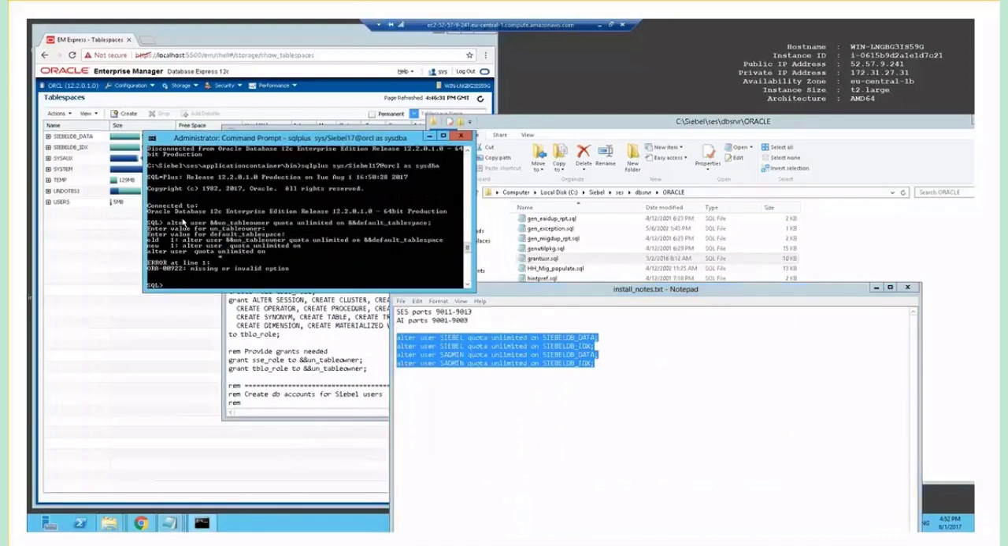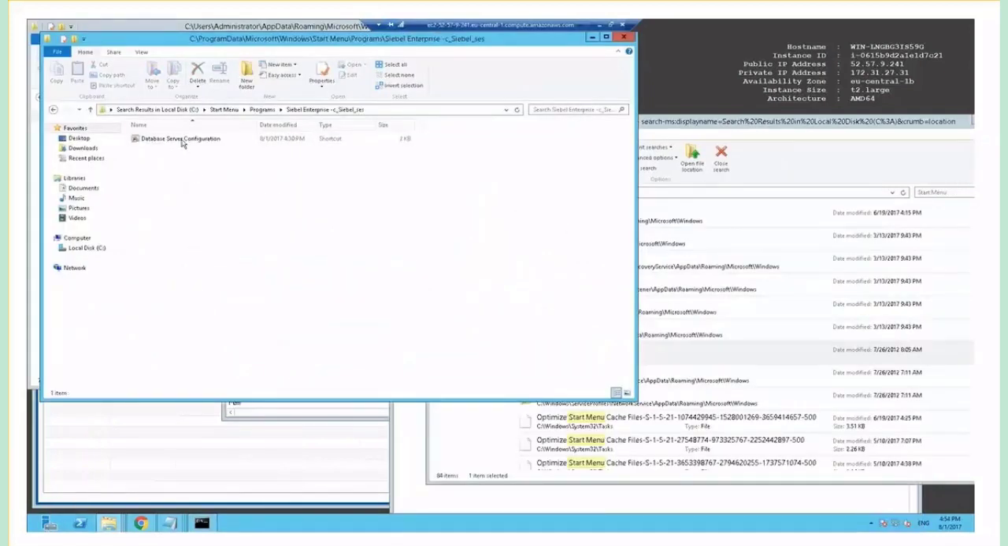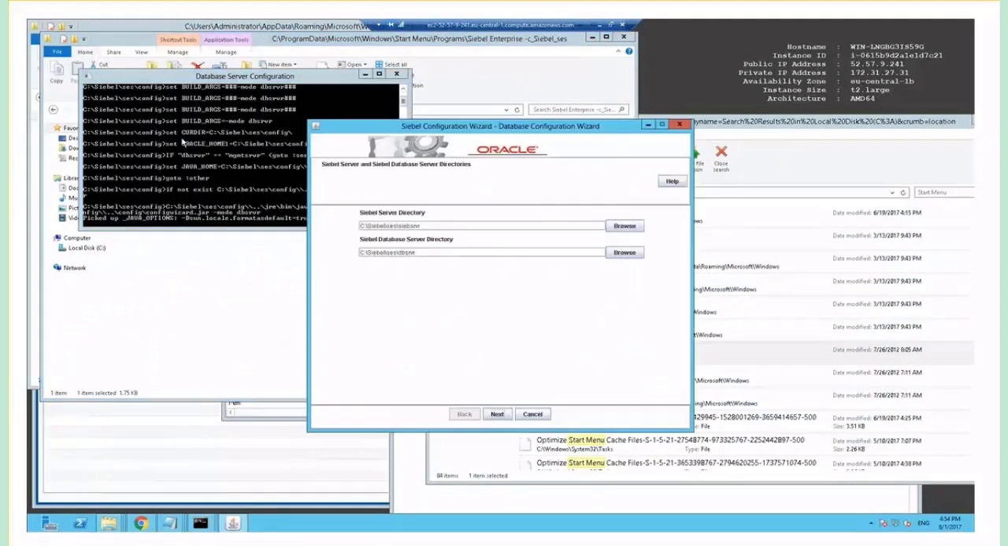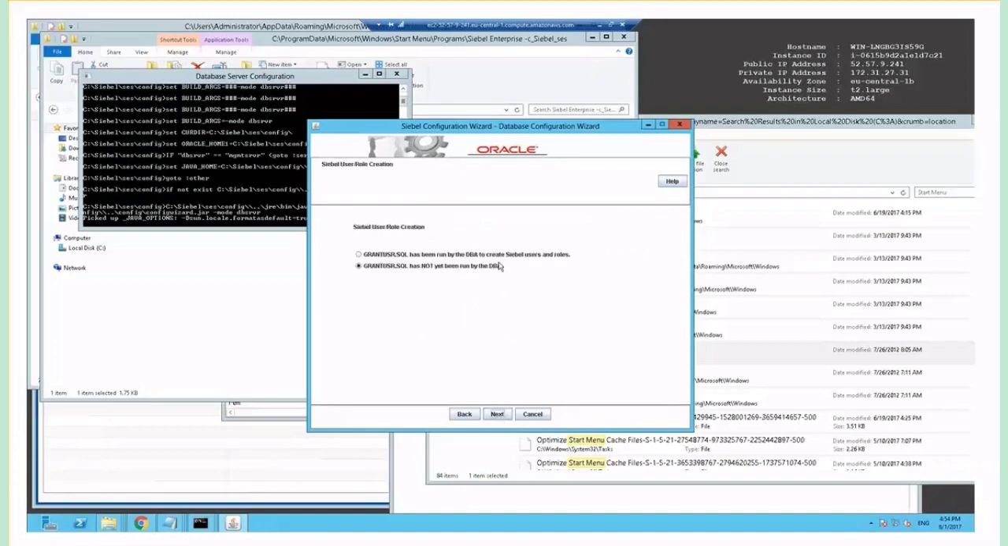We also send afterwards an alter user command to add unlimited quota on those two table spaces for the Siebel and sadmin user, as has proven beneficial for running the database install. So now it's all about finding the database server configuration wizard. So we all know this wizard. And run the install database operation. So it's a fresh install. We have run grantusr,